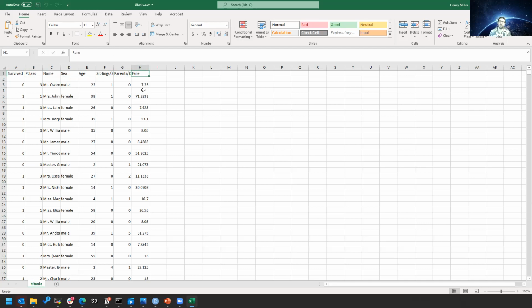And the question is, do any of these features give us the ability to predict whether or not that passenger lived or died? If you are familiar with machine learning, you'll recognize a classic machine learning problem. In fact, it is a classic binary classification problem. Now, we're not actually going to be developing any models today, but we are going to do the exploratory data